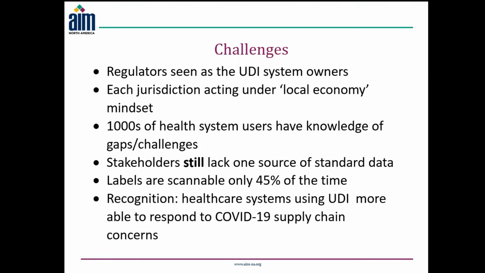US and non-US users now number in the thousands, maybe tens of thousands if you count all the vendors, manufacturers, and others using UDI. They know the gaps and challenges, but their voices aren't being collectively heard and fed back to the regulators and manufacturers in a systematic way to improve the data. And so even with the availability of GUDID, users in the US still don't rely on it exclusively for core device data. In addition, estimates from Symmetric's experience show that labels are scannable only about 45% of the time, and that the feedback loops there are inadequate for